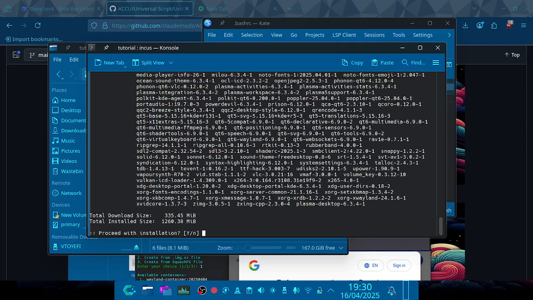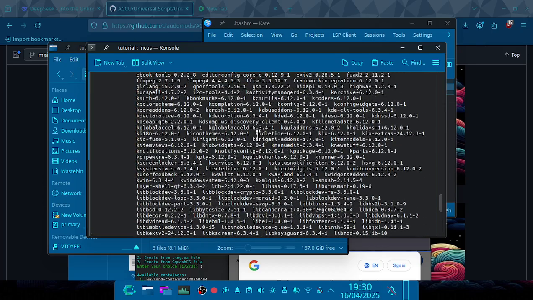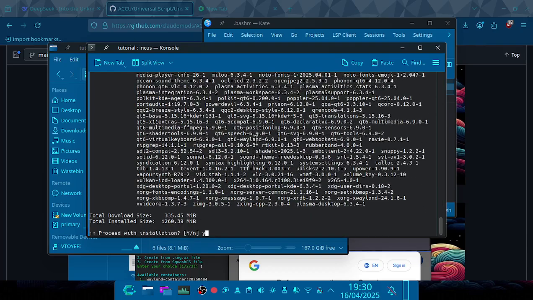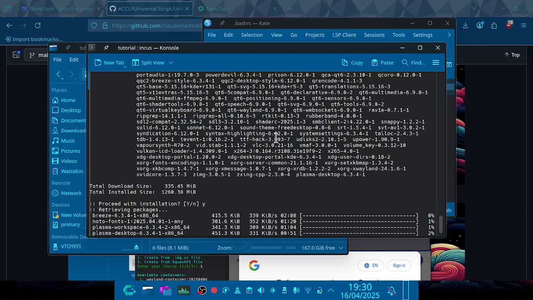I do like the VLC, thank you very much. What does that install? Is that everything we need? Oh yeah, it's got Qt6 and everything. That's everything we need to set up the Plasma desktop. Now it's going to obviously set up SDDM, but we don't need that, so